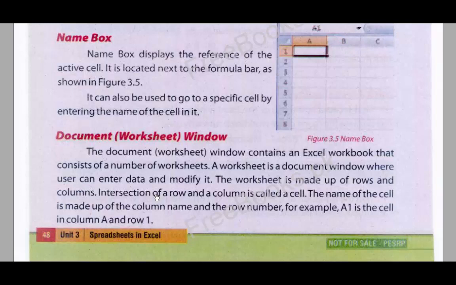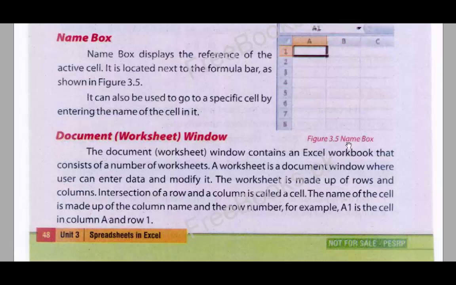In this document window, it is trying to say that there are multiple sheets. Each sheet can be used to insert data and to modify it. You can enter data and modify it according to your need. Each worksheet is a combination of multiple rows and columns. The intersection of a row and a column is called a cell.